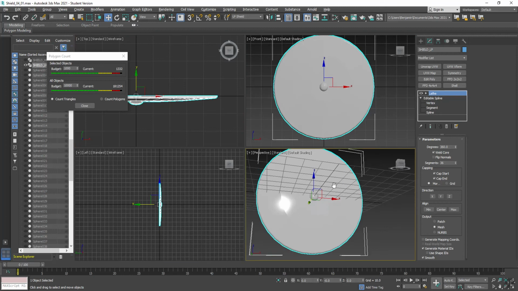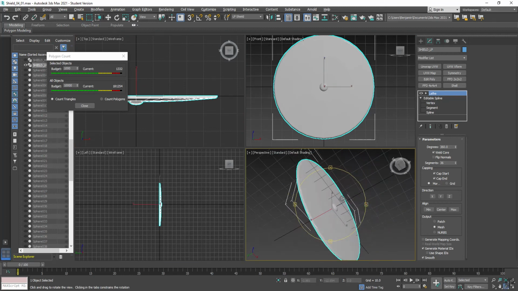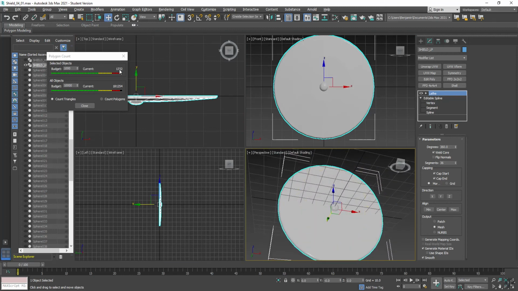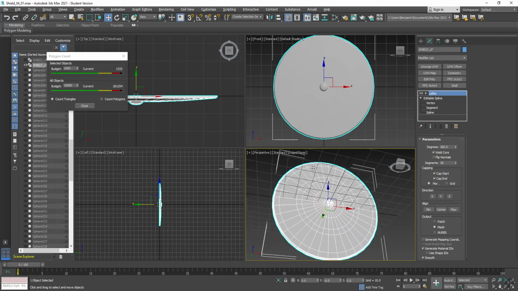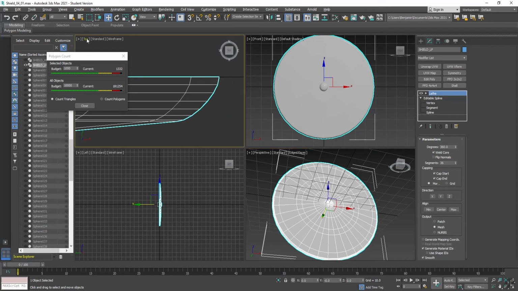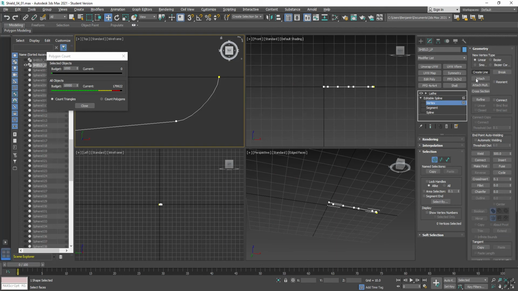If I zoom out, all right, so this shield is currently 1,332 polygons. That's still quite a lot. So we could come out here, and one thing we could do, looking here on the top, let's go down to vertex. Under vertex geometry refine, I'm going to click 2 times to add 2 points, then right click and say